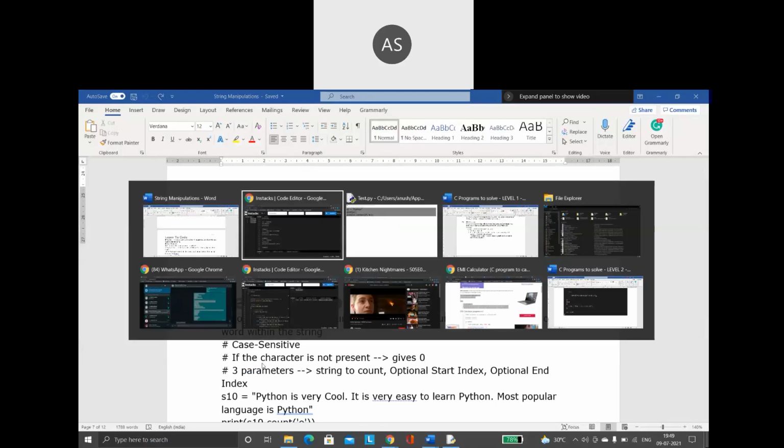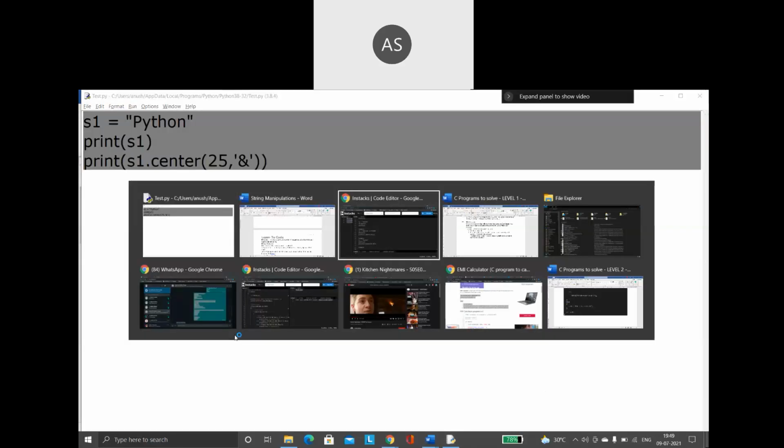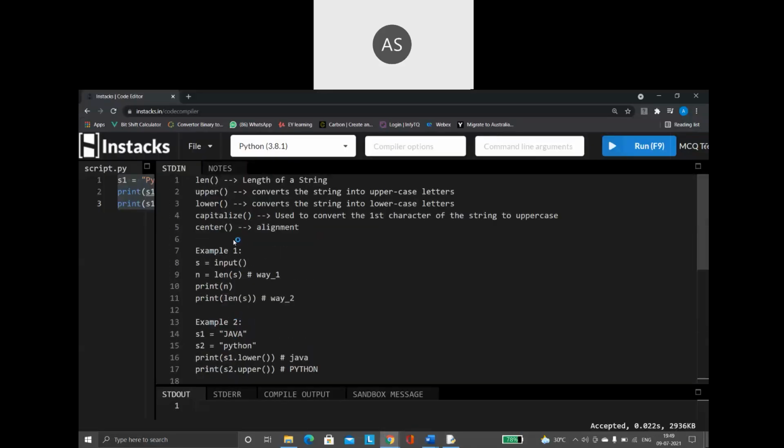The next string function I have is called count. The name of the function is count. So what is this count function? Remember, the count function is used to count the number of times a word or a character is getting repeated. You can use it for a word or a character.